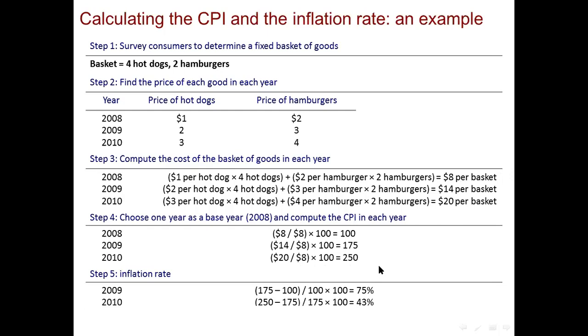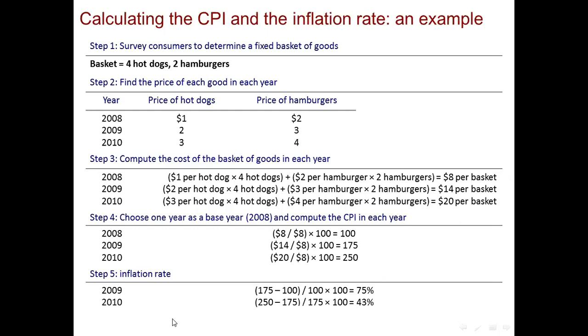Okay. After I get the CPI, what do I use it for? Why am I doing all of this? To get the inflation rate, which is what? By definition the inflation rate is the percentage change in the CPI. So if I want to get the inflation rate between 2008 and 2009, how do we get the percentage change as a rule? The new CPI minus the old CPI divided by the old CPI times 100.